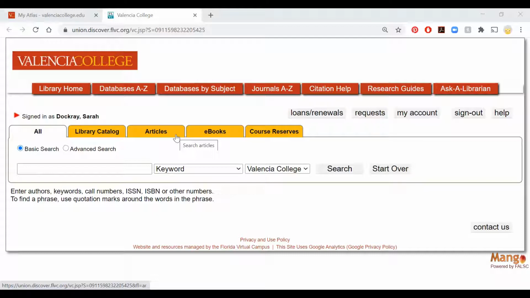Going into the healthcare databases separately will give you different kinds of options to find the right kinds of articles. We want articles written by experts, not by journalists or Time magazine or anything like that. We want nurses, doctors, psychiatrists, any kind of healthcare professionals to be actually writing the articles we use for this course. So instead of going to the Articles tab, we're going to click Databases by Subject here at the top